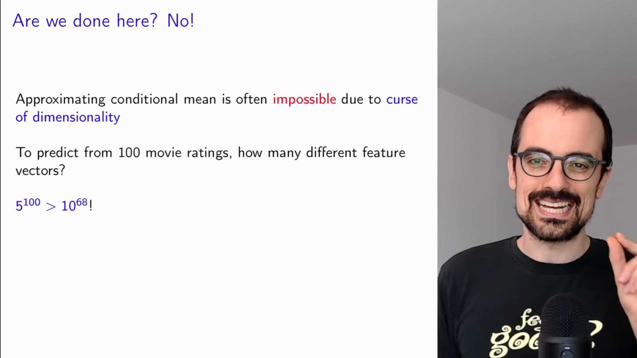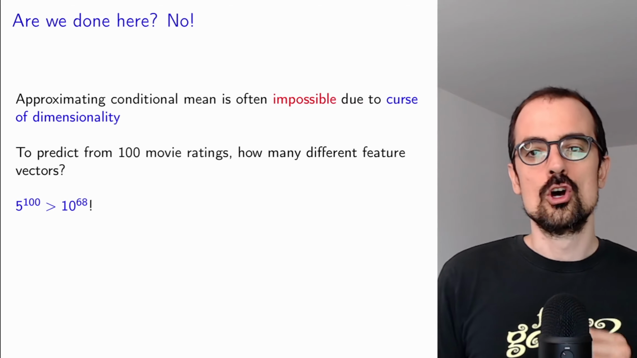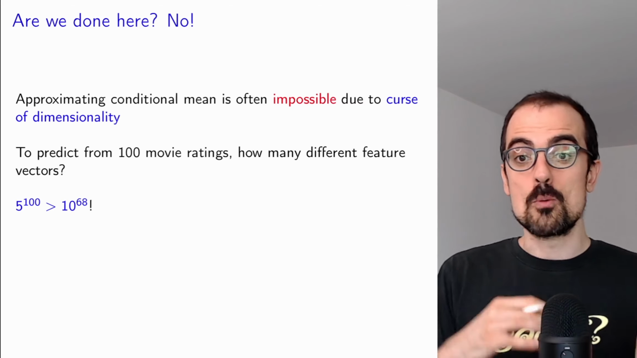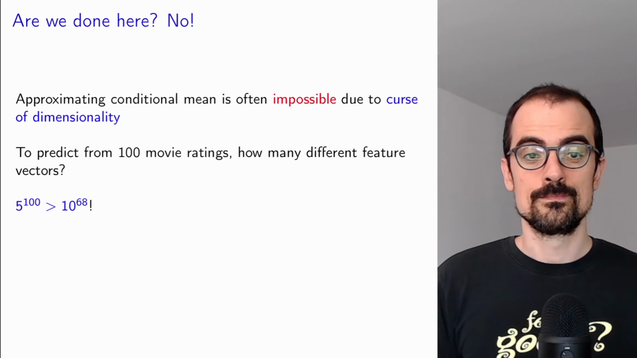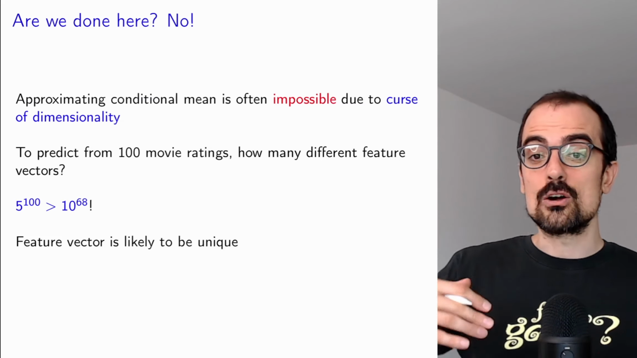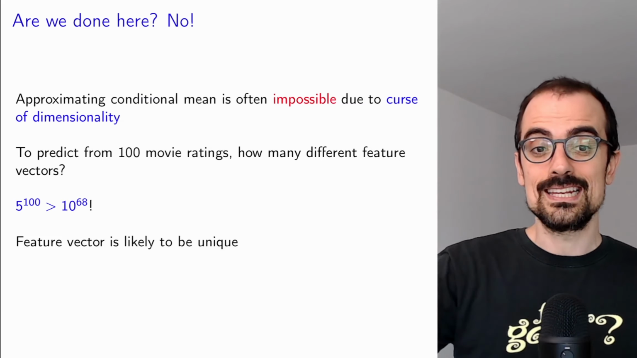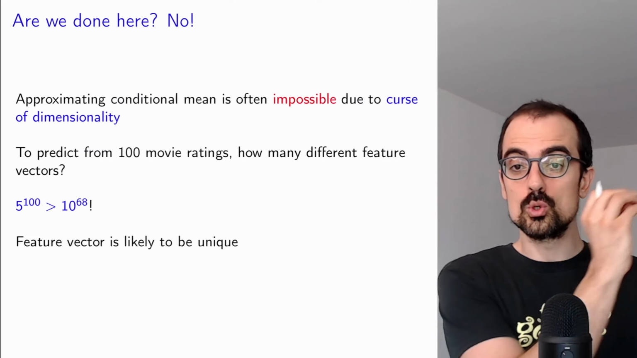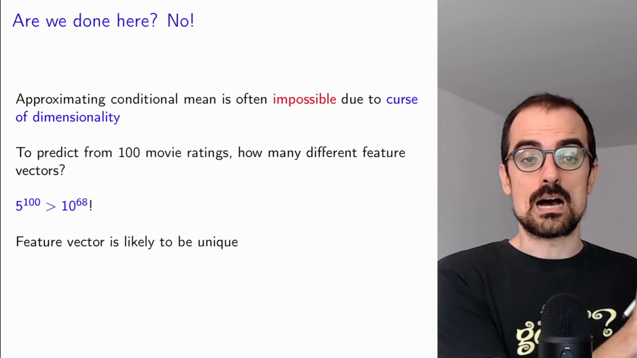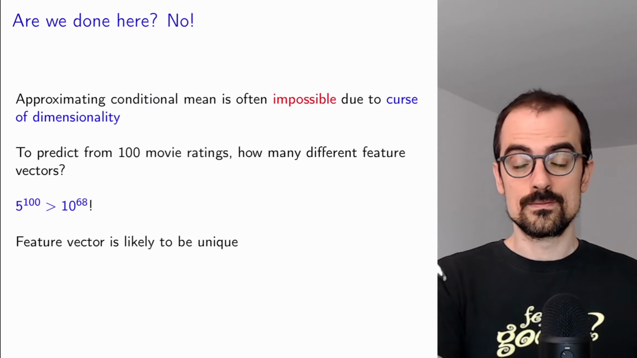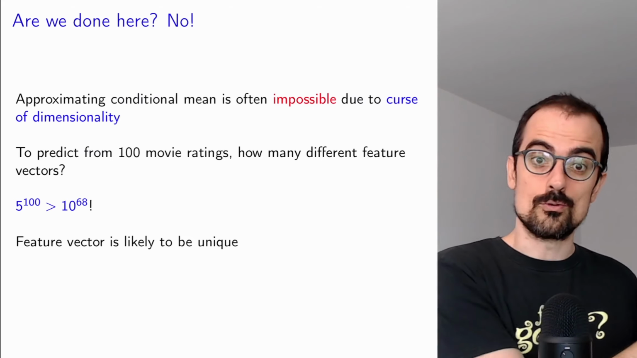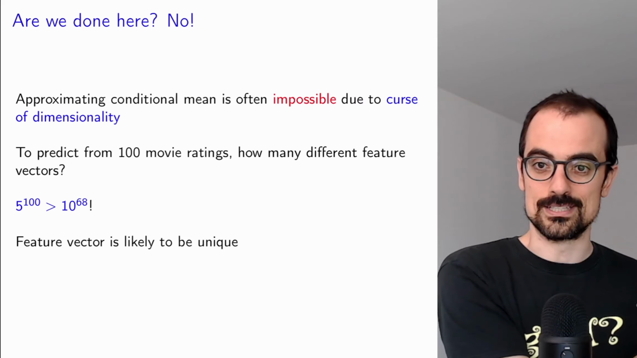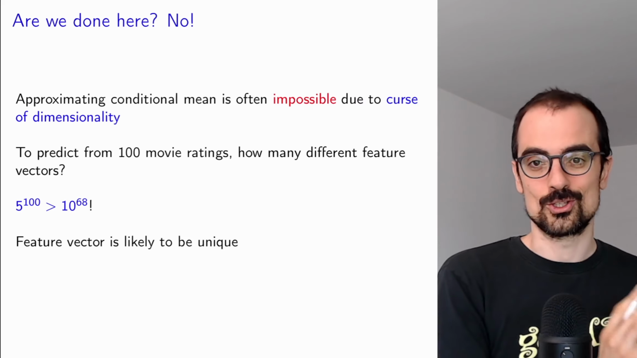We're going to have a tiny fraction of data compared to the possible feature vectors, and that's the curse of dimensionality. Because of that, when we encounter a new feature vector, it's very likely that it's going to be unique. We're not going to be able to go to our data set and say, oh, among the feature vectors that are equal to this exact pattern, what were their ratings for Independence Day? Let's just average them. Well, we're not going to find any,